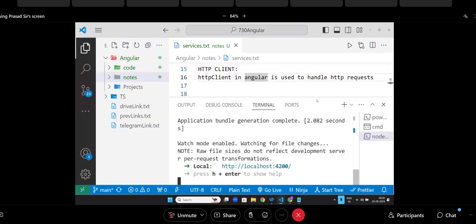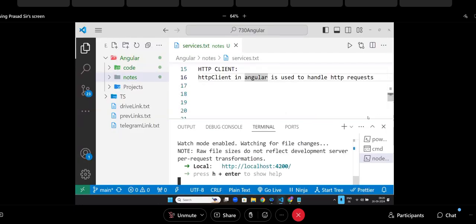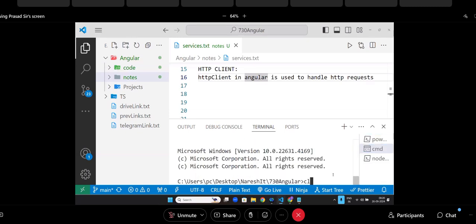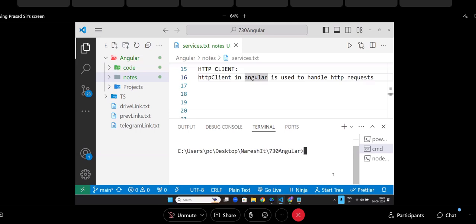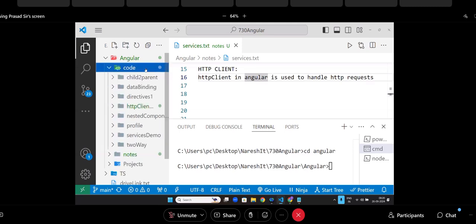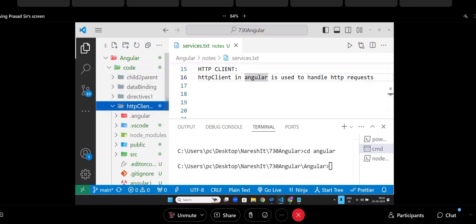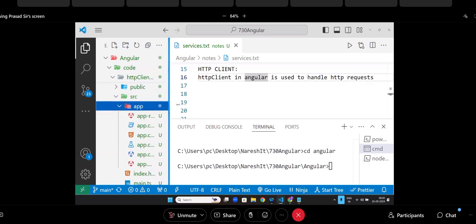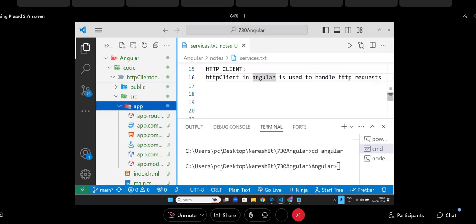Then after I got this, go down. Let's create one service also. If you want to see the code of HTTP client, you can see this src app. Now nothing is there in the app, no service. Now go here, cd